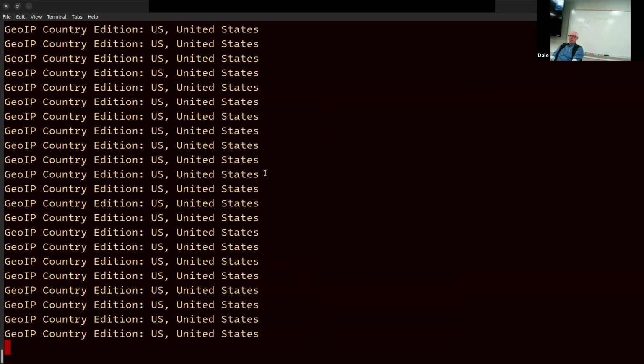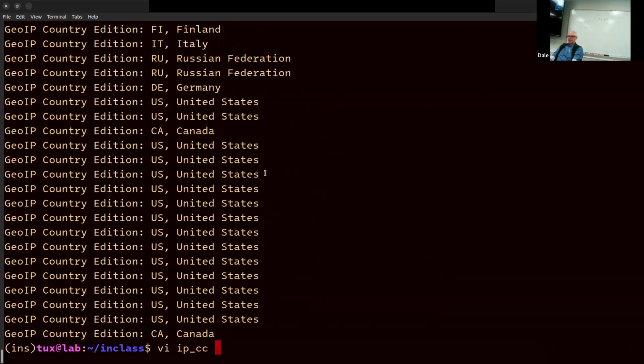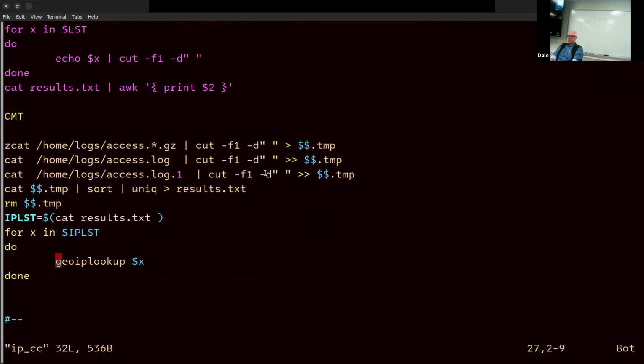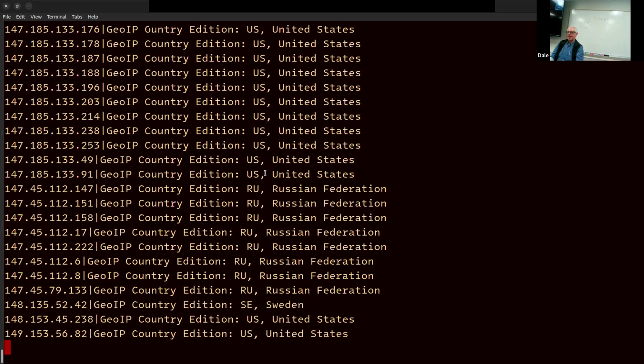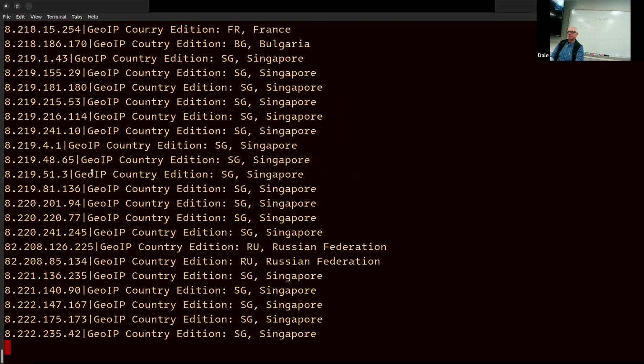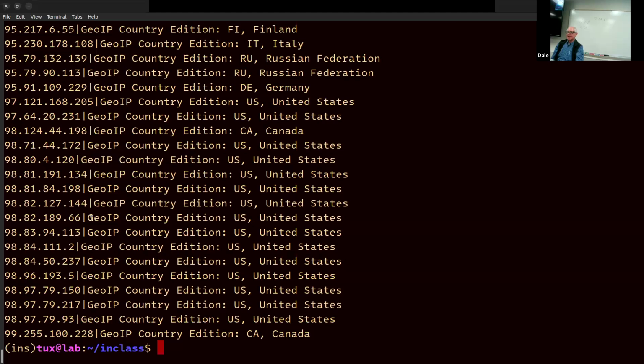Oops, everything except our IP address, which we know how to fix by doing echo -n $x. I'm going to use the vertical bar. The vertical bar is my favorite separator because it just works. And so when I run this, I now have a delimiter of one character that in